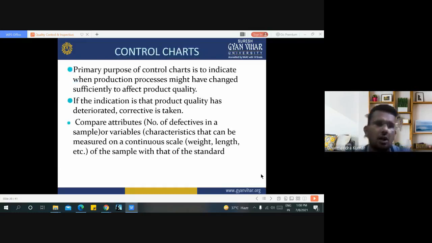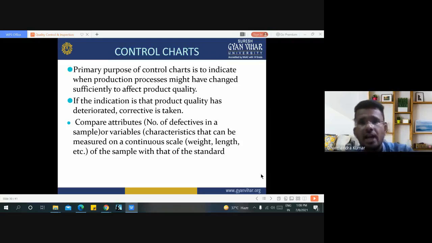Here is the control chart. The primary purpose of a control chart is to indicate when the production process might have changed sufficiently to affect product quality. If we find any error during the machining process, then we slightly change the machining process to gain our prerequisite qualities of the finished good.